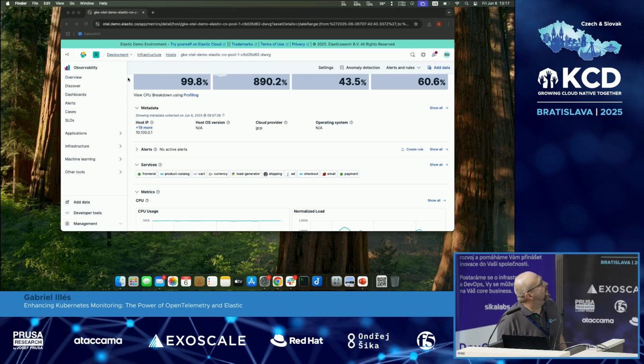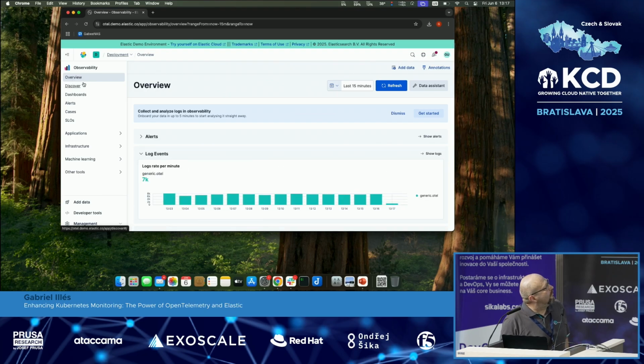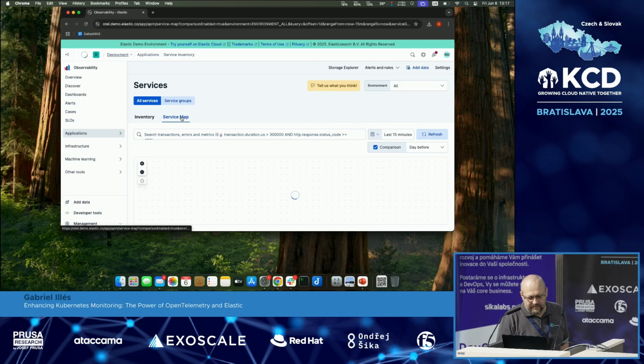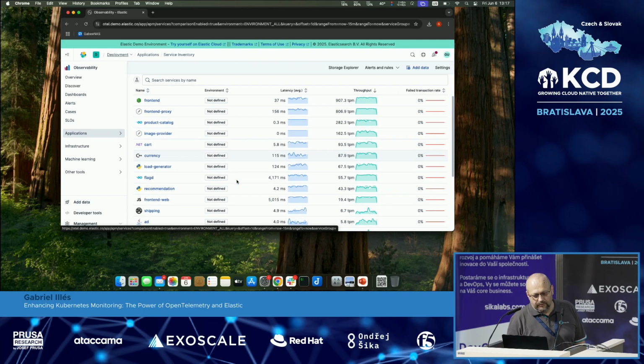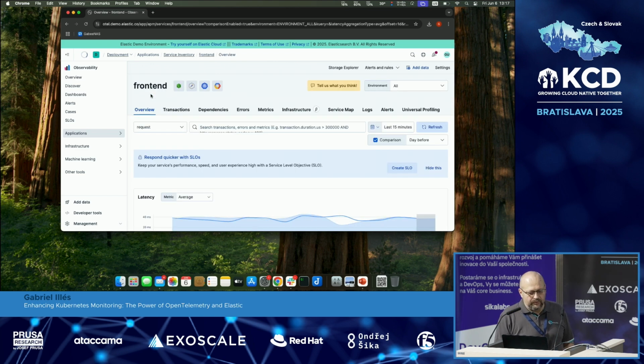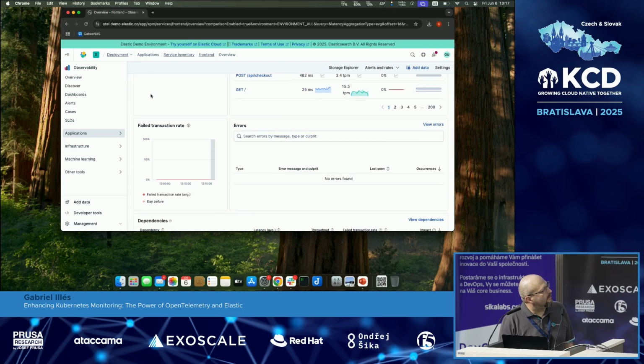Okay, so here you can see this live demo on that URL. So here is the overview, and if you go to the application and the service inventory, the service map, you can see in live the current status of the applications, which services are running, and in the inventory you can see the list of the services. And for example, if you go to the front end, you can see the data coming from it,